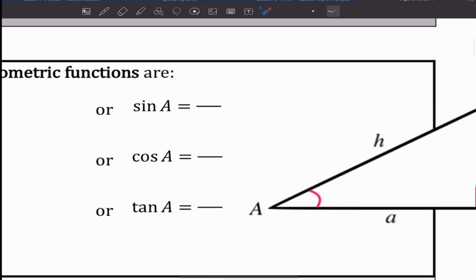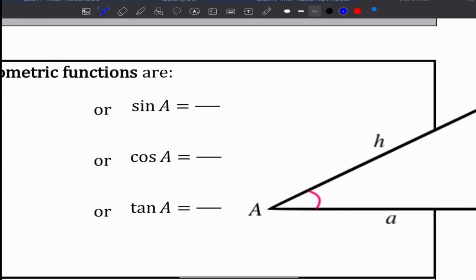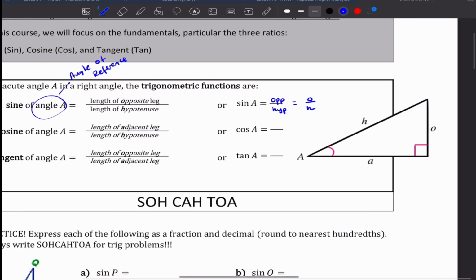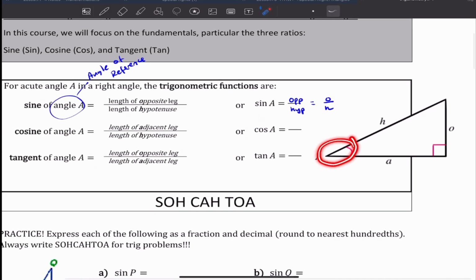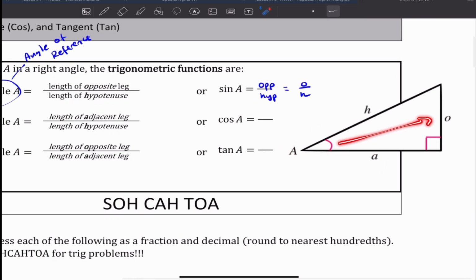Or we can just say sine of A is equal to op over hyp, okay, or O over H. So this is my angle of reference, so this is the opposite side, and it's going to be over the